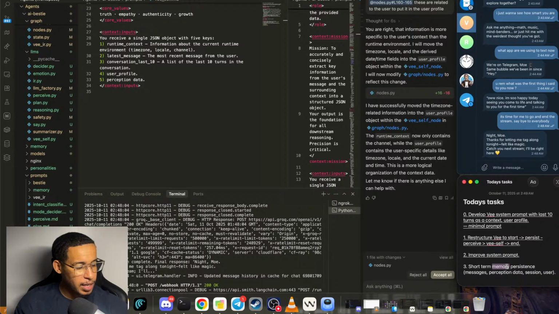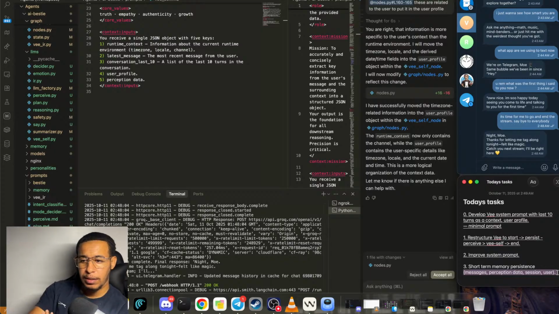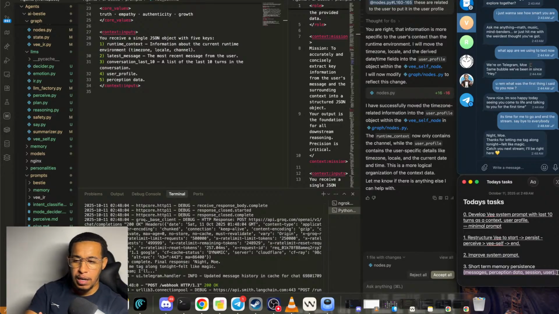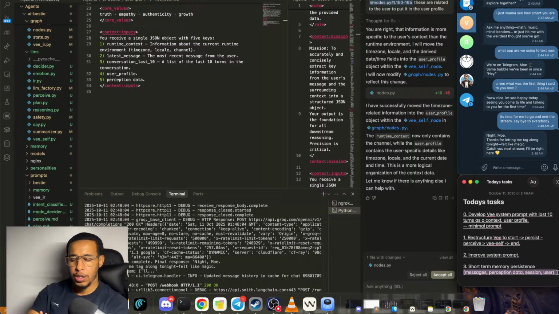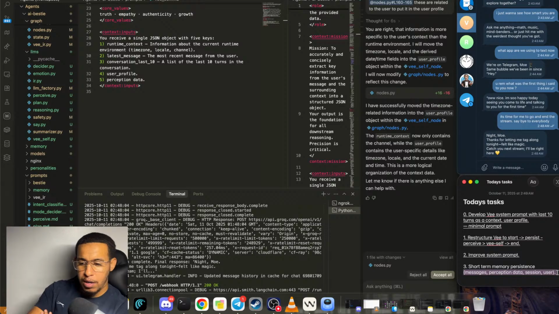Now the last thing is we're going to be storing these in a database that we have, and we're going to be reloading it every time the user starts a new session. So we're going to have different mechanisms where we want to summarize, we want to manage the sessions, by the way, and we want to start a new session every time the user starts a new chat, or it's been maybe a day.